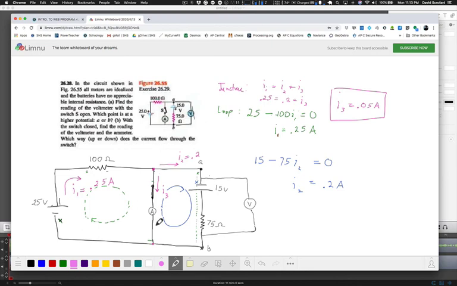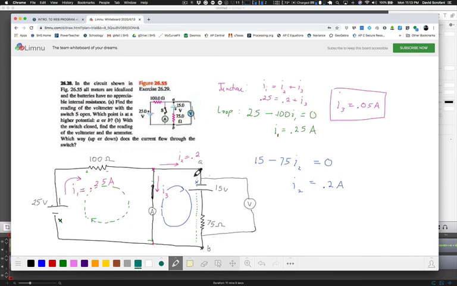So I didn't have to solve a system of equations with multiple unknowns. Just wasn't necessary because of the fact that I did not have an extra resistor there. Now, if I wanted to go a little further with this, at this point I could say, well, what's happening here? What's the reading on the voltmeter now? They didn't ask you that, right? That's not part of the problem at this point, but it's easy enough to figure out if I really wanted to know,